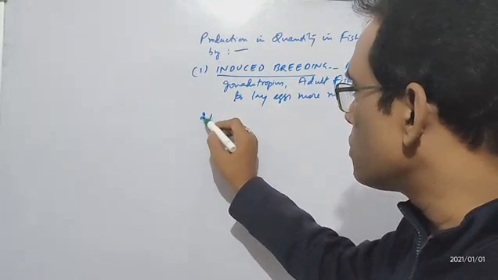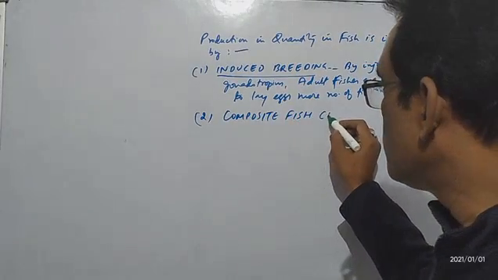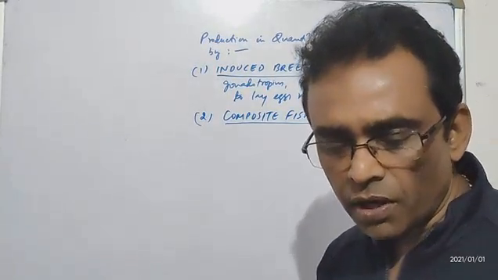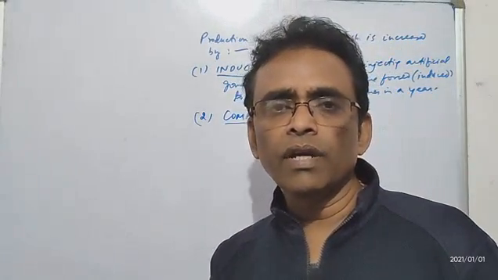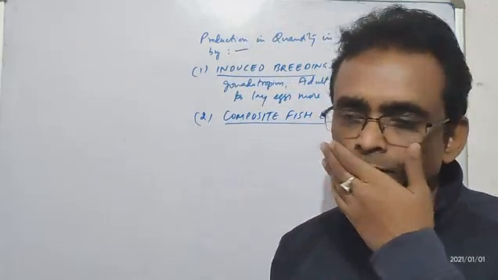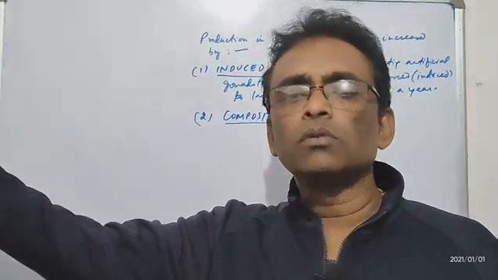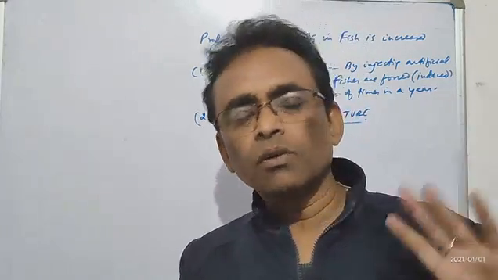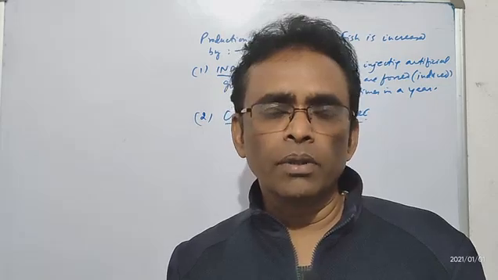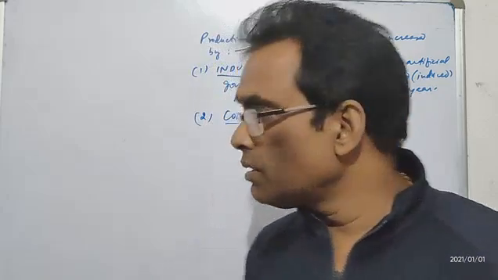The second process is called as composite fish culture. Now what is this composite fish culture? Generally the farmers, being unaware, they culture one variety of fish in their pond. So you go and talk to a farmer who is going through this pisciculture method, he will say, I have grown katla in my pond, someone else is growing rohu, someone is growing mangur, whatever name they say. So they are concerned with only one variety of the fish because they found that it is much more in demand in the market. It's okay, but what happens is,